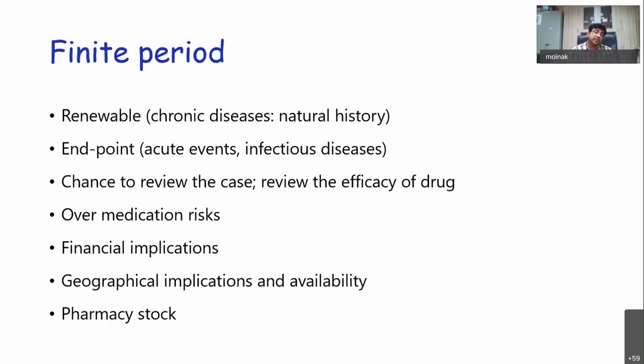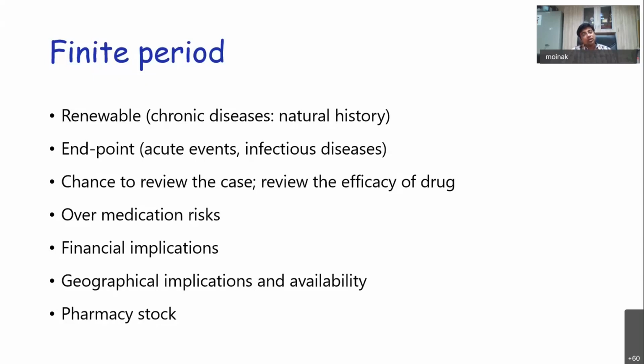And secondly, you have to look at the availability. That means, is the patient going to buy from a city? Is it available in his town? Do you think it's going to be available in his city or town? So for example, I am a pediatric gastroenterologist. I look at Wilson's disease. D-penicillamine is a chelation agent that is not widely available everywhere. So our patients have to be told that you go home with 3 months of drugs, and as you are finishing off your medications, that means 15 days before you finish off the medication, come to a big city, buy the drug, and go back. So the availability and geographical implications make a lot of difference.